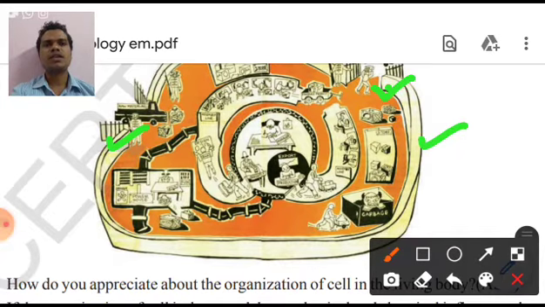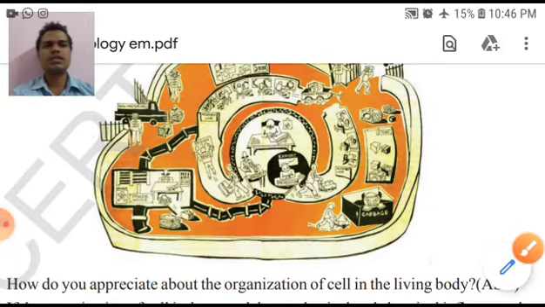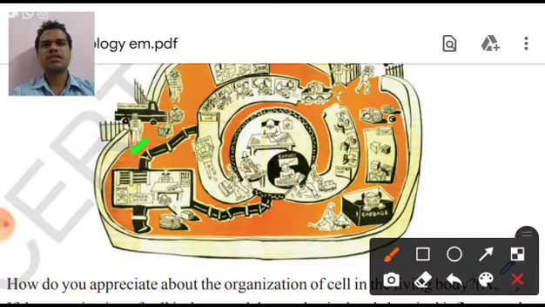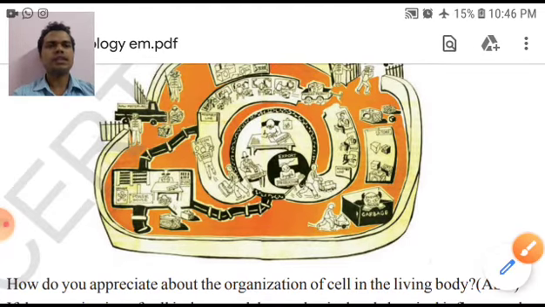Now here there are certain vehicles transferring all the materials inside. These vehicles are nothing but the water. Water will dissolve all the nutrients and minerals with it, and transfer all these things inside. And here there are two guards. These two guards are just like guard cells. These guard cells are protecting this area. And here the next thing is,